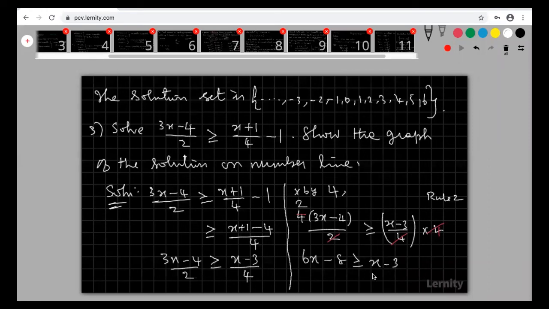So therefore we are getting 6x - 8 greater than or equal to x - 3. Okay, right. So how to simplify this? I am going to add